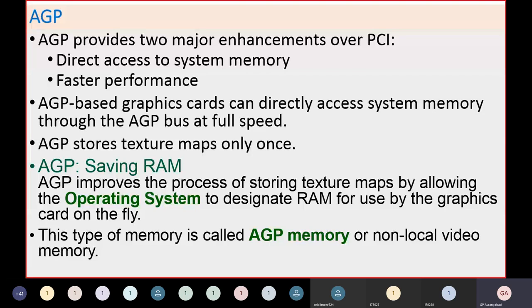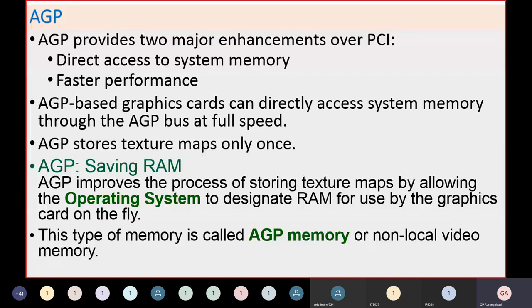In fact, nowadays, later on when I cover PCI Express, at that time we'll come to know that even AGP can be removed, because PCI Express has become so much faster now. Very few machines demand AGP nowadays, unless you want to go for gaming or maybe animation. Otherwise, in today's computers, you don't require AGP cards for most of the graphical processing. So there are two advantages: direct access to system memory, and faster performance compared with PCI. Anyway, I am going to cover PCI after AGP and ISA.